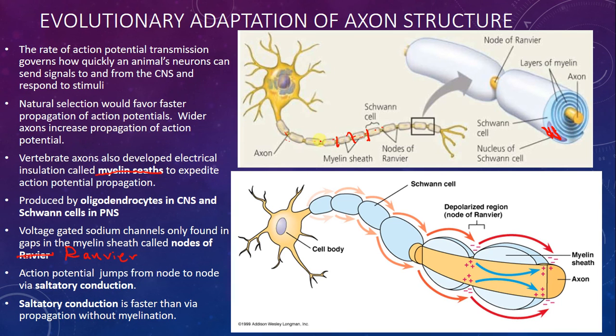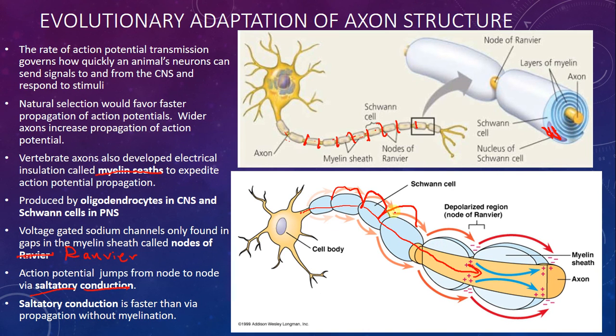This is the only place where depolarization happens. So, because of that, the action potential jumps from node to node. This is called saltatory conduction,